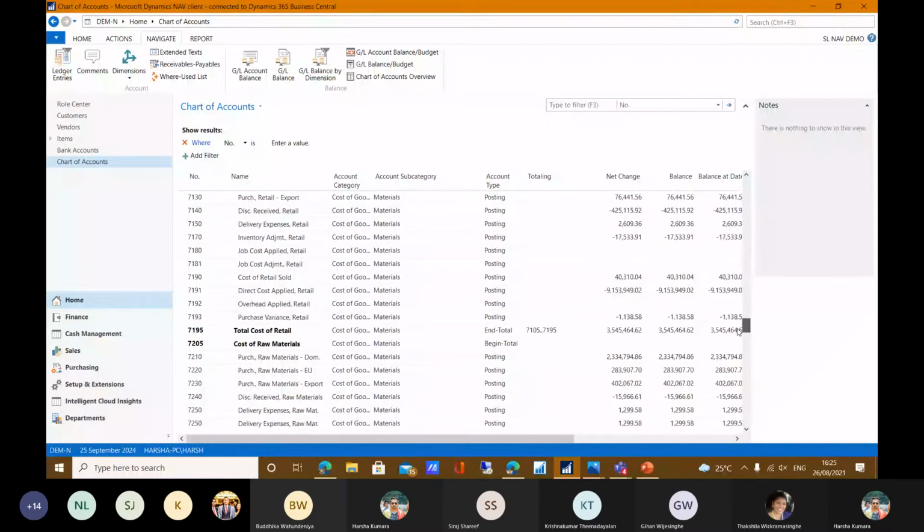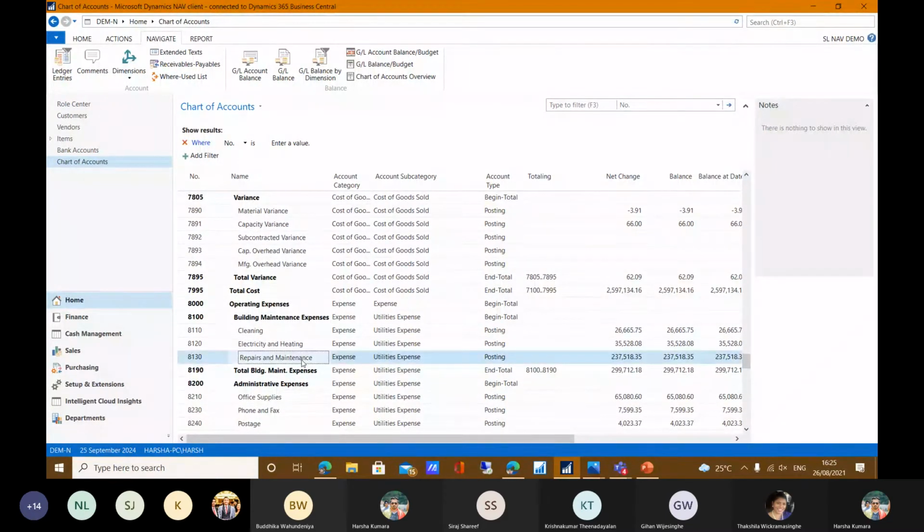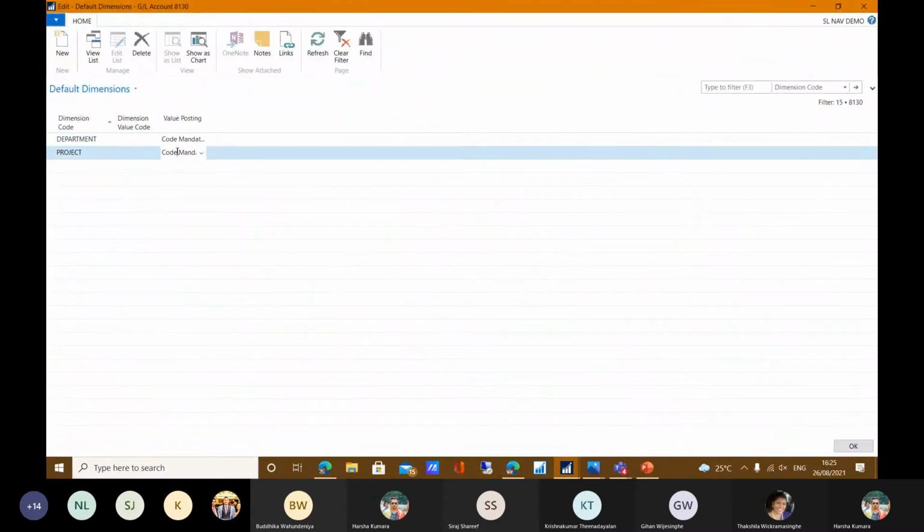and I will show you the posting and control in NAV. I will take an expense account that we call repair and maintenance. For the repair and maintenance account, I have already assigned the dimension as department code mandatory and project code also mandatory. Then users can post any department and any project, but both department codes are mandatory because you have already predefined it.